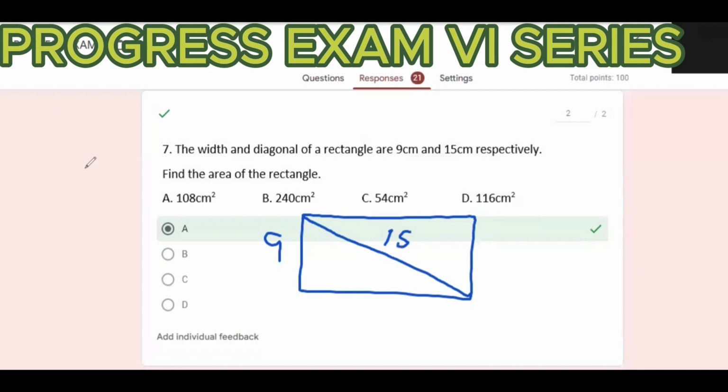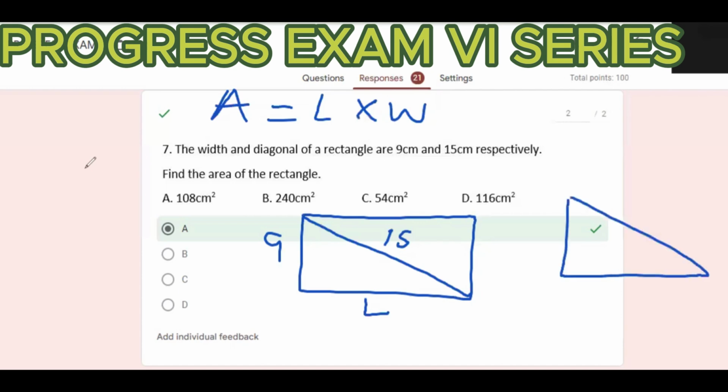No, no, no. Is it Pythagoras we use to find the area? Oh, no, we know area is length times breadth, that is length times width. So we don't need to find the length. Okay, you said we use Pythagoras to find the length, isn't it? We use Pythagoras to find the length,